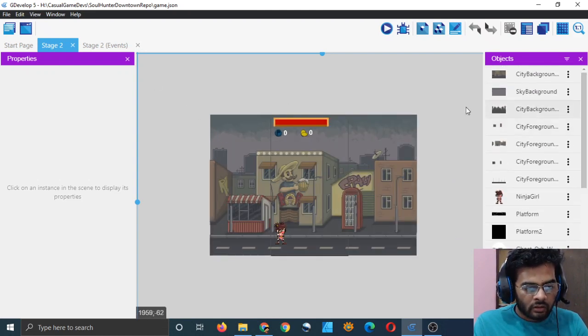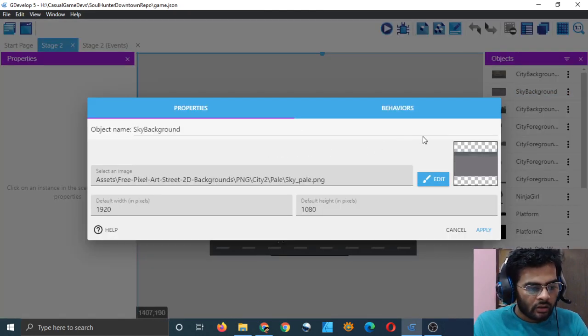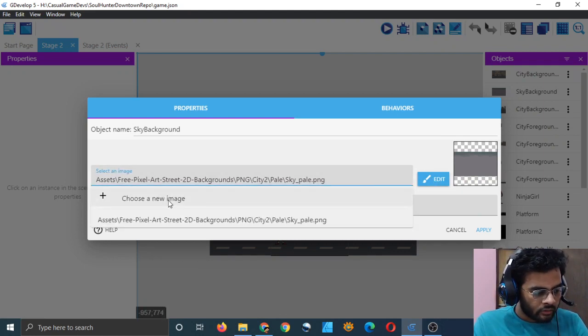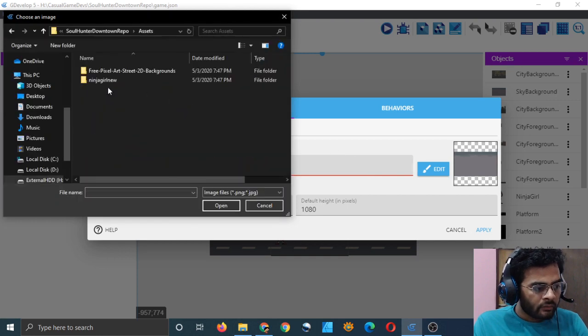Here I am going to try something first and I will see if it works. If it works, then it's good. If not, then we will do it from scratch. So to change the background, just go to these backgrounds, one of them, sky background, double click on it and just replace it. I wonder if it will replace it all over. But just click on this and click on choose a new image, and from there I will choose.